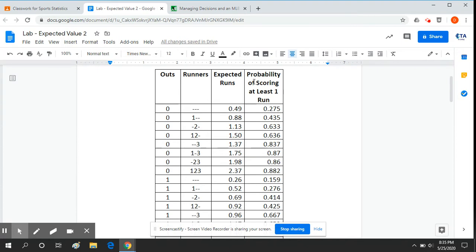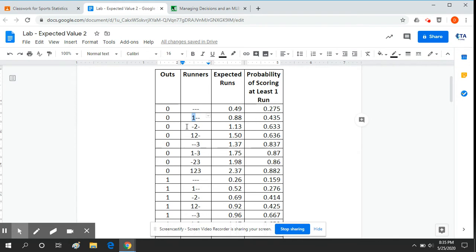The way that this table works is this situation right here would be you have 0 outs and a runner on first. Second and third are empty. In that situation, a team is going to average 0.88 runs and they have a 43% chance